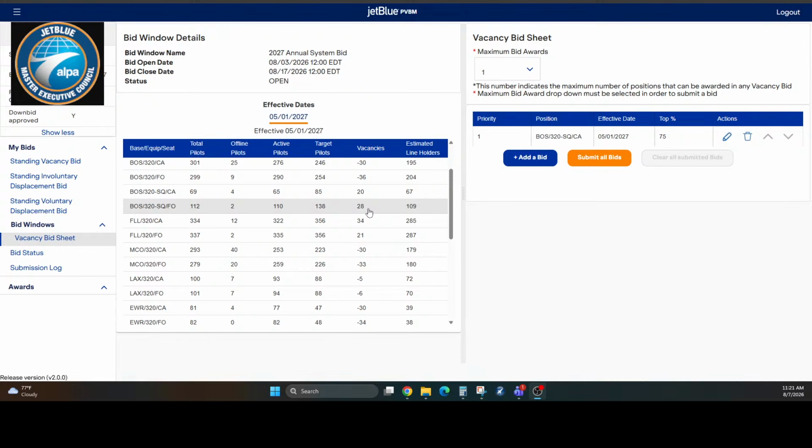Specifically speaking of Fort Lauderdale, and then to some extent Boston as well, those are statuses that typically fill completely. They're not statuses that have ever had significant numbers of vacancies left at the bottom of the bid. Kennedy 220, I expect there will be some vacancies left. San Juan 320, there will be some vacancies left. So be careful if you are using percentage bids into those statuses to recognize that they will probably not fill